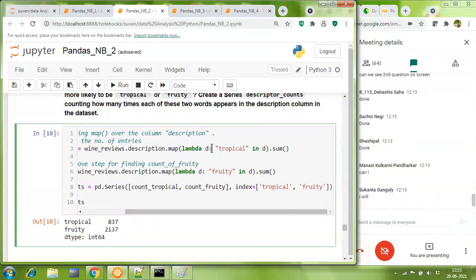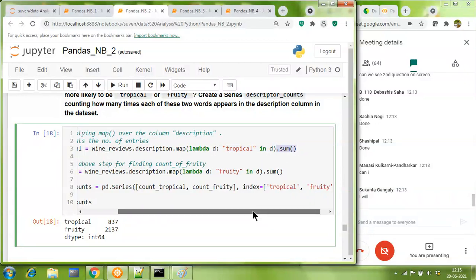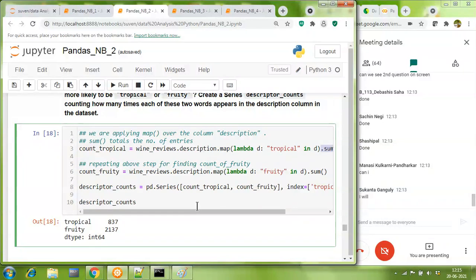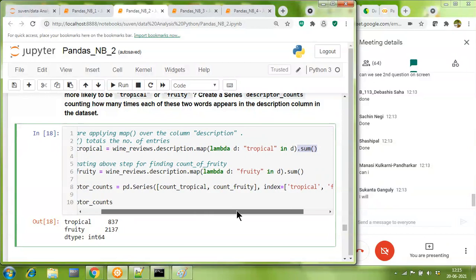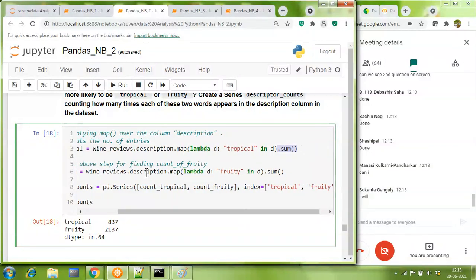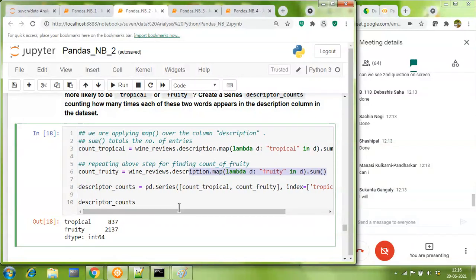So, Mansi has very correctly explained. You are trying to say, I'll pick up the description of every wine, I'll find the word tropical in it. If the word tropical appears in it, this expression will be true, and ultimately you will take a total sum of it. So you will come to know the sum of how many wine descriptions were having the word tropical. Yes, sir. Similarly, what are you doing in the next line of code? Next, same thing, sir, for the fruity. The same thing we are doing, whether it is fruity, we are counting it.